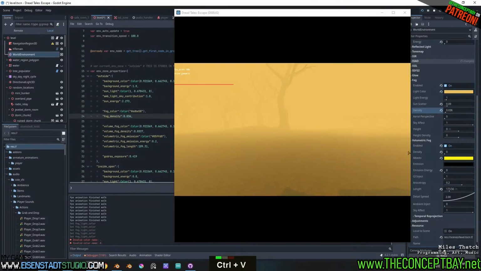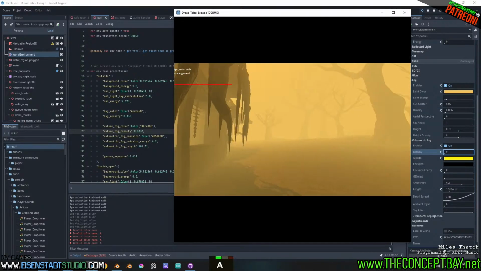Now, volume fog color is this one. Volume fog density. Oh, hello. There we go. No density. Well, yeah, but we do want density. We want that nice volumetric fog look, so